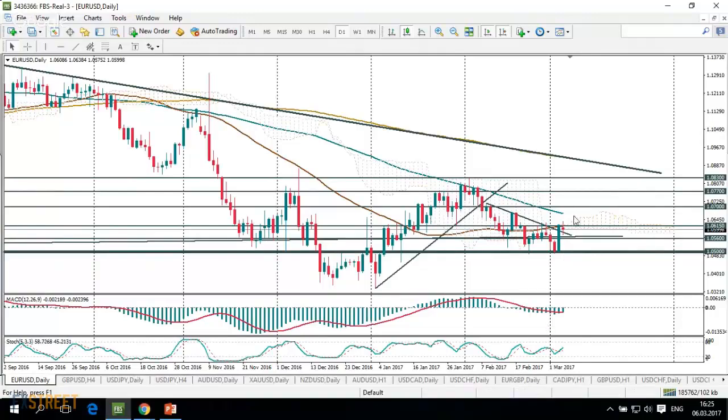And 107.70, the highs of January 24th. So these are the levels we can expect on the upside,